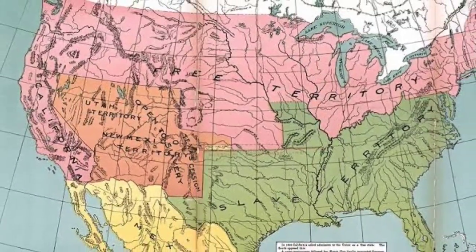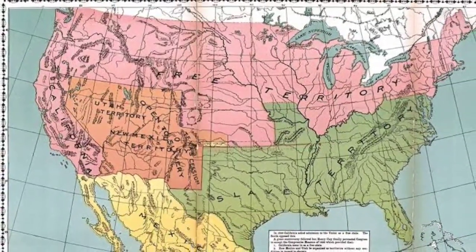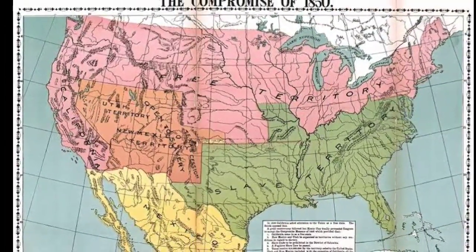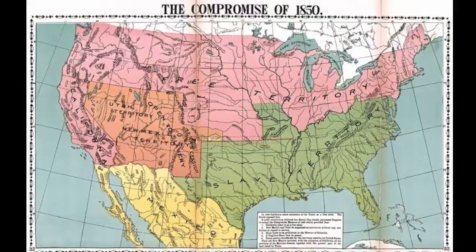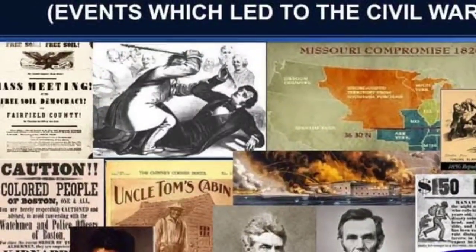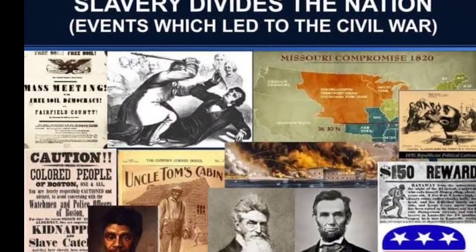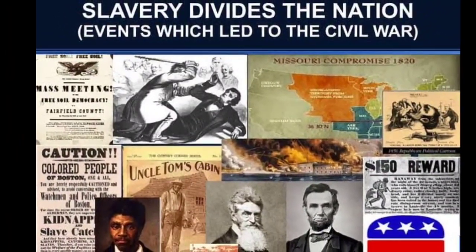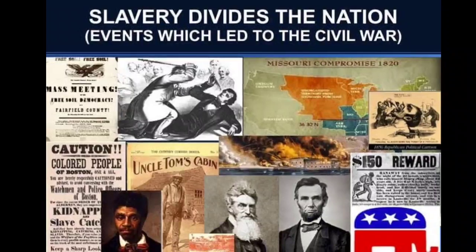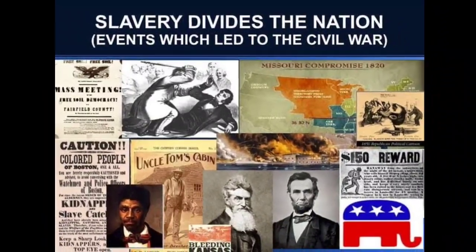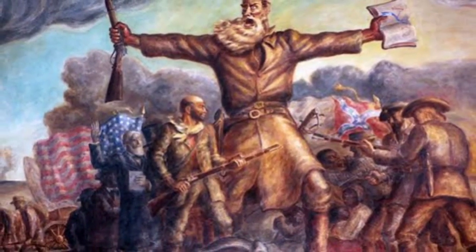The Dred Scott Decision. In 1857, the Supreme Court's decision in the Dred Scott v. Sanford case further inflamed the debate over slave and free states. The court ruled that African Americans, whether free or enslaved, were not American citizens and had no right to sue in federal court. It also declared that the federal government had no authority to prohibit slavery in the territories, effectively